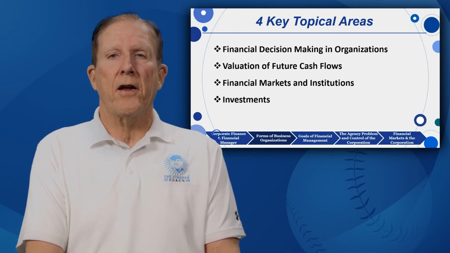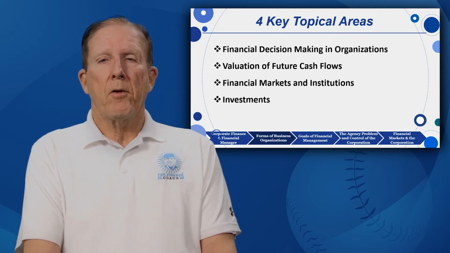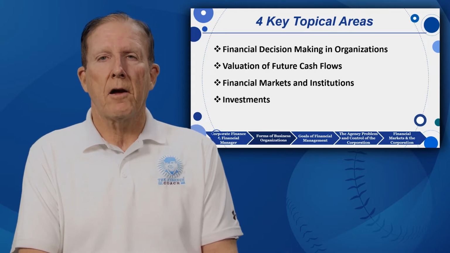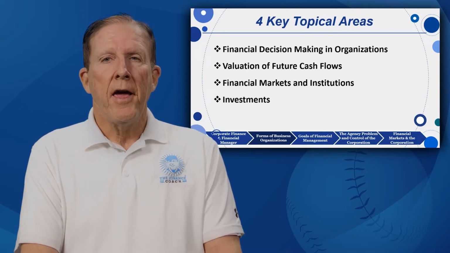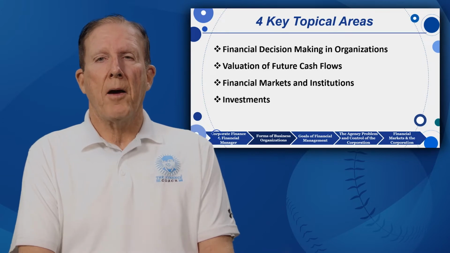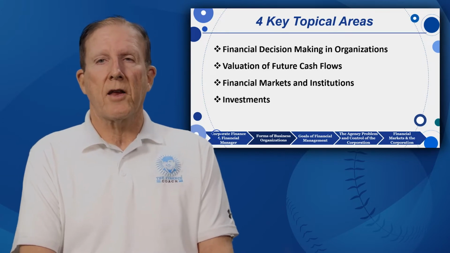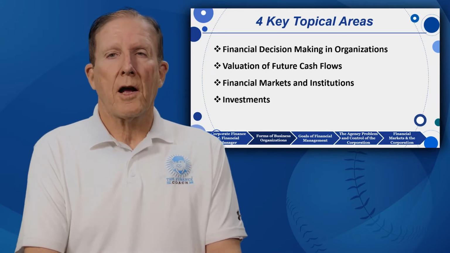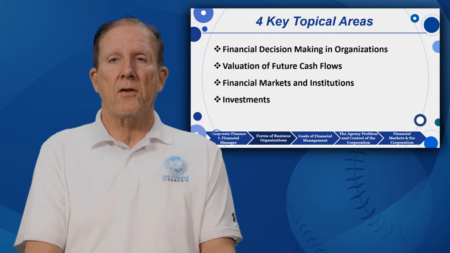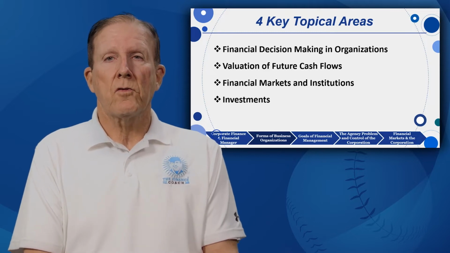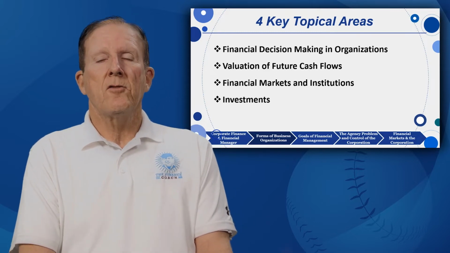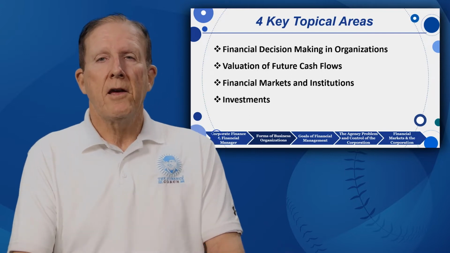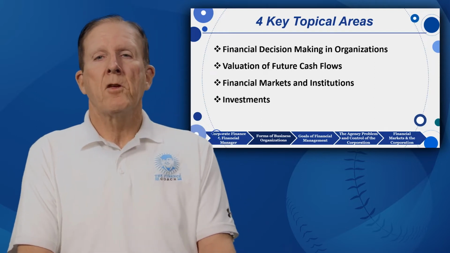We're going to first talk about financial decision-making and how we make effective decisions in the financial world, both on a business basis, corporate basis, and on a personal basis. We'll talk about things like income statements and balance sheets and cash flows and how to common size these statements. We'll talk about ratio analysis and how we can make effective decisions using ratios. Then we'll go into a session on budgeting and forecasting, which you'll spend much of your lives doing if you decide to work in a corporation.